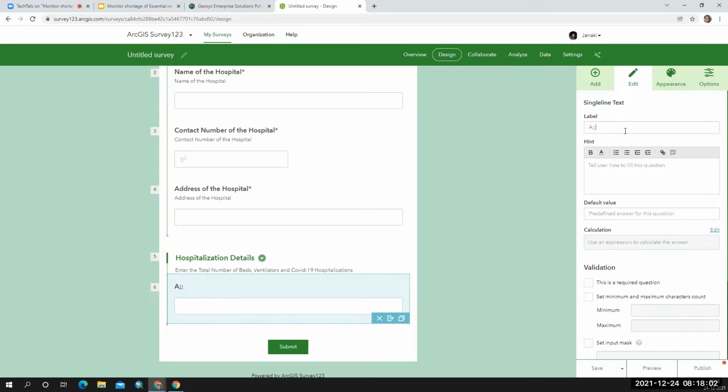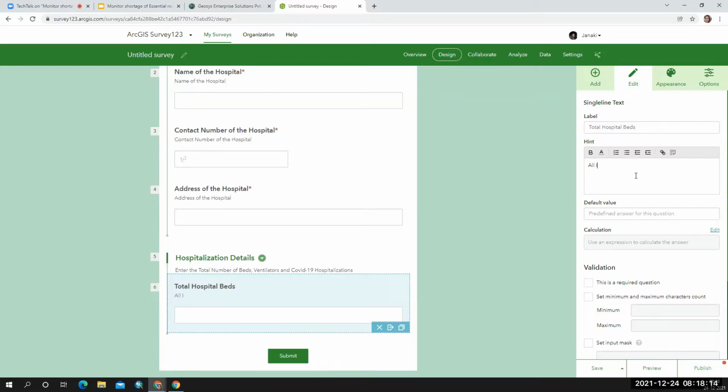This is all total hospital beds, which includes all inpatient and outpatient beds, including staff, ICU, ICU beds.